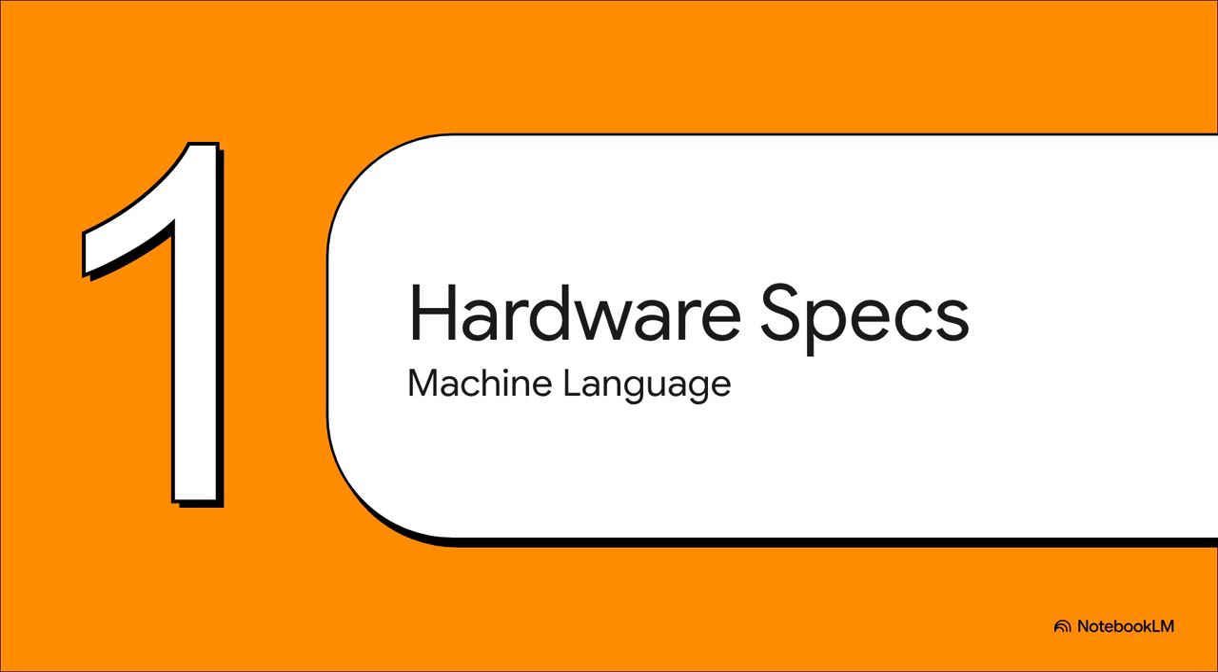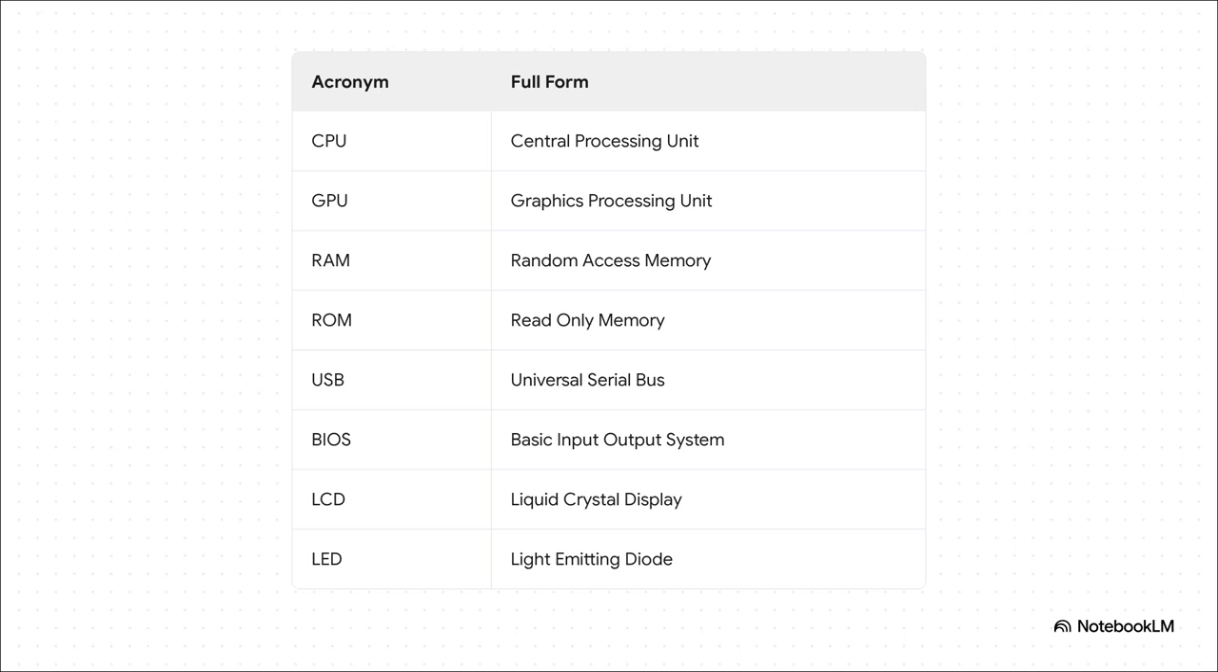Decoding computer hardware specs. The language of the machine. We're going to start by decoding that alphabet soup of hardware specs I mentioned. Now, understanding this language isn't just for IT professionals. Mastering these foundational terms instantly clarifies what actually makes your computer tick, which is super practical for buying tech or troubleshooting. Your CPU, the central processing unit, and your GPU, the graphics processing unit, those are the engines doing the